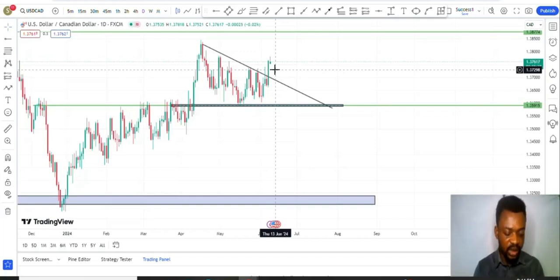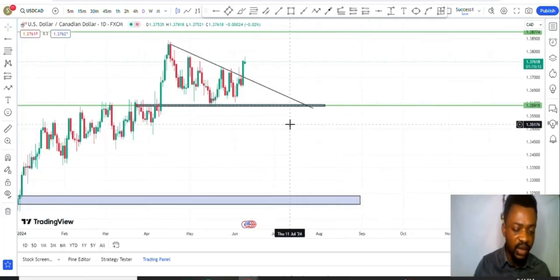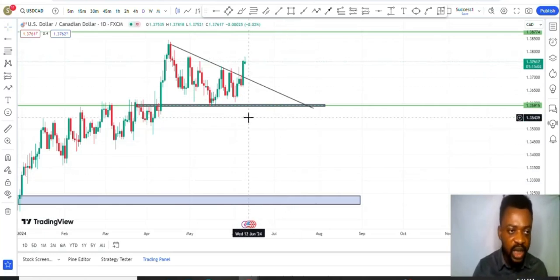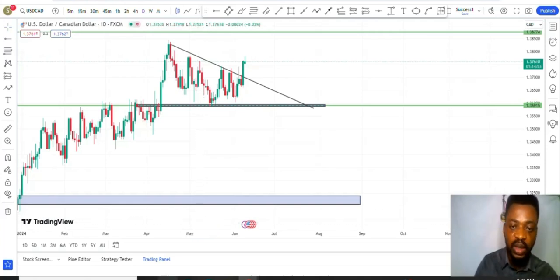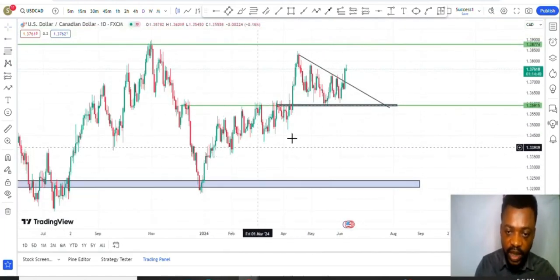Let me see if there's really CPI this week. If there's CPI this week, then it means another big event is about to happen around the market, and that is CPI. That will see price really dragging. You'd see USDCHF taking the downside, and also see the DXY coming, dropping hard. I might see the DXY dropping hard, if really we are having